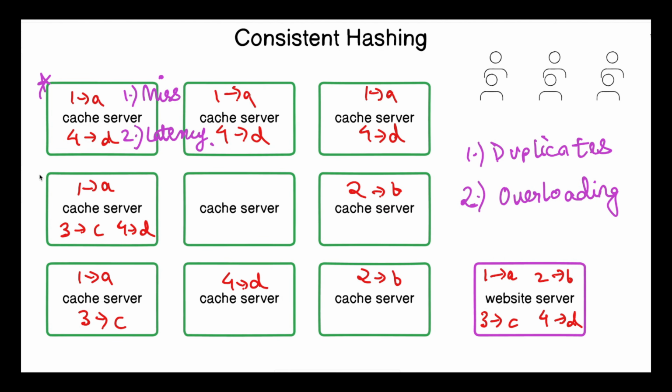And in the second case, one cache server contains the maximum amount of data, due to which the maximum number of requests will be fulfilled by that one single server. So if this particular server dies, then the overall miss rate of the system will increase significantly, resulting in higher latency. Because other cache servers don't contain the data, users' requests will not be fulfilled by these cache servers. So indirectly they have to contact the website server, resulting in an increase in overall response time.